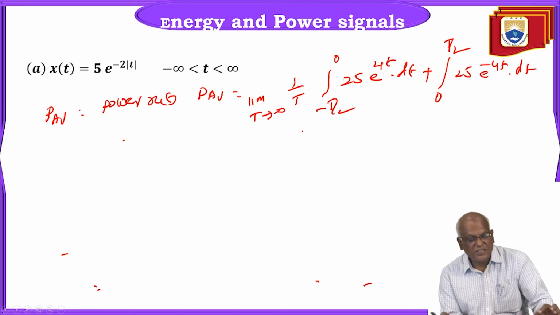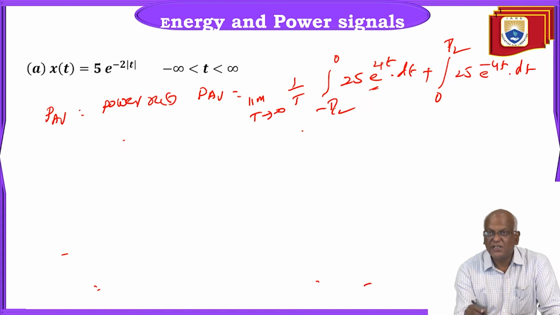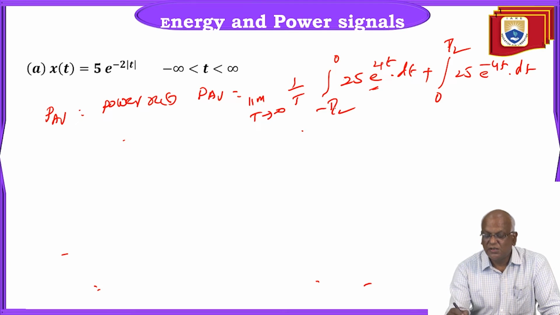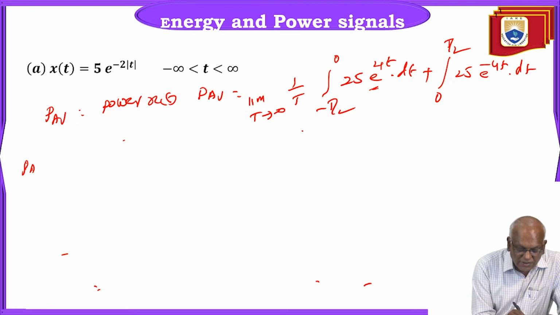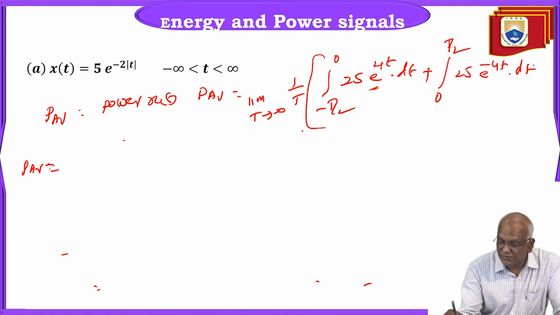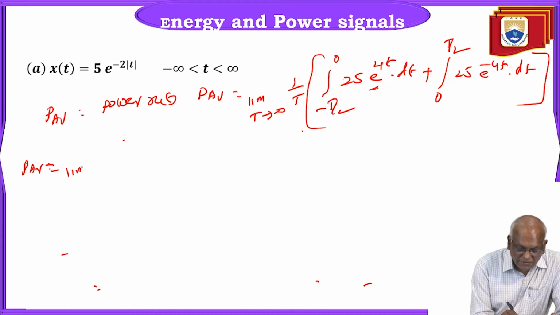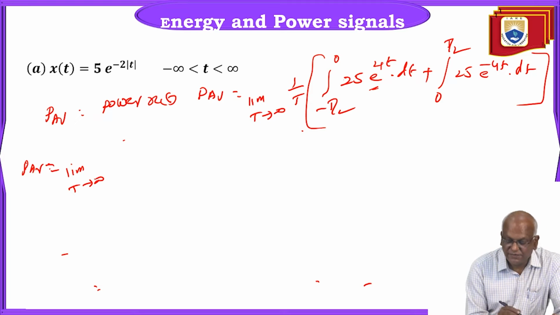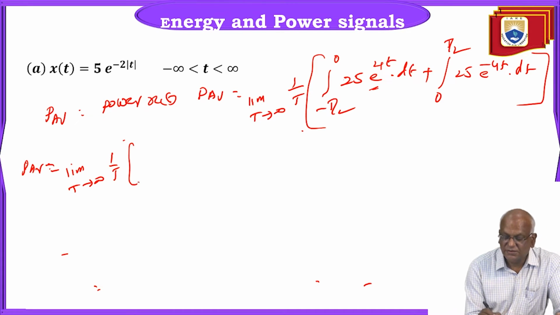This is defined as the two integrals, from minus t by 2 to 0 and from 0 to t by 2. Let us write it as P average value. P average is defined like this. We can write within brackets: the limit as t tends to infinity of 1 by t, in brackets,